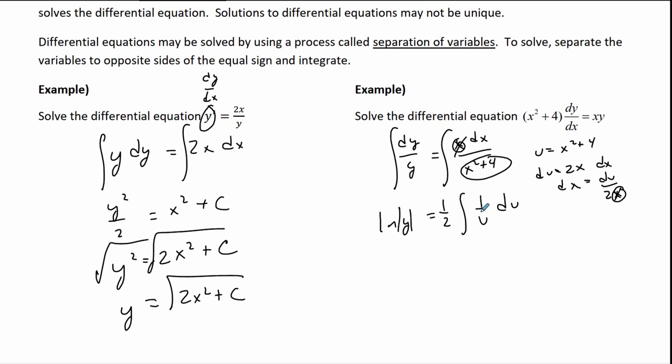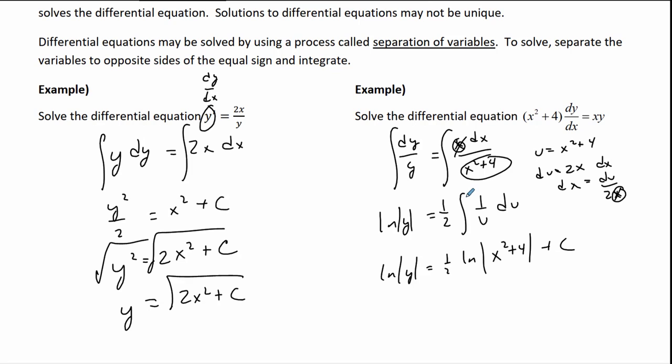Well, 1 over u is the ln of u, right? So this is the ln of the absolute value of y equals 1/2 times the ln of the absolute value of x squared plus 4 plus c. Now, the absolute value of x squared plus 4, I don't actually need absolute value there. That's never going to be negative, so you can get rid of those and put parentheses if you so choose. It's not that necessary, but you can if you want to. All right, now, how do I do this? Well,